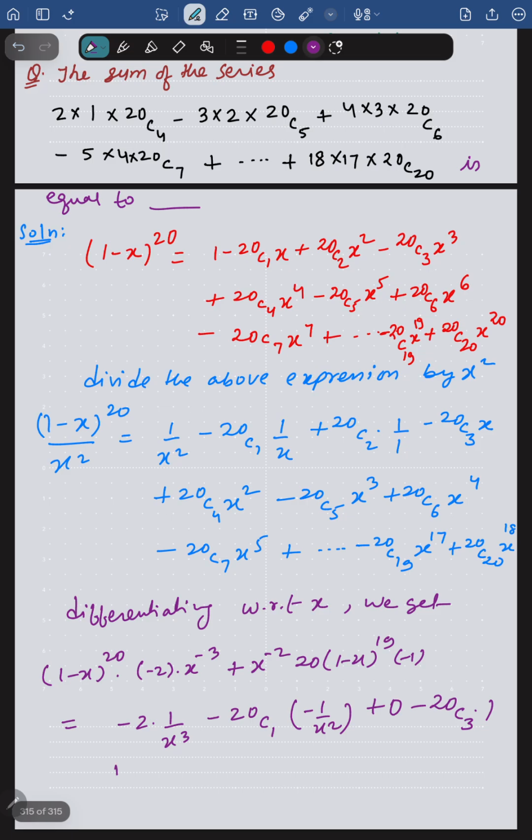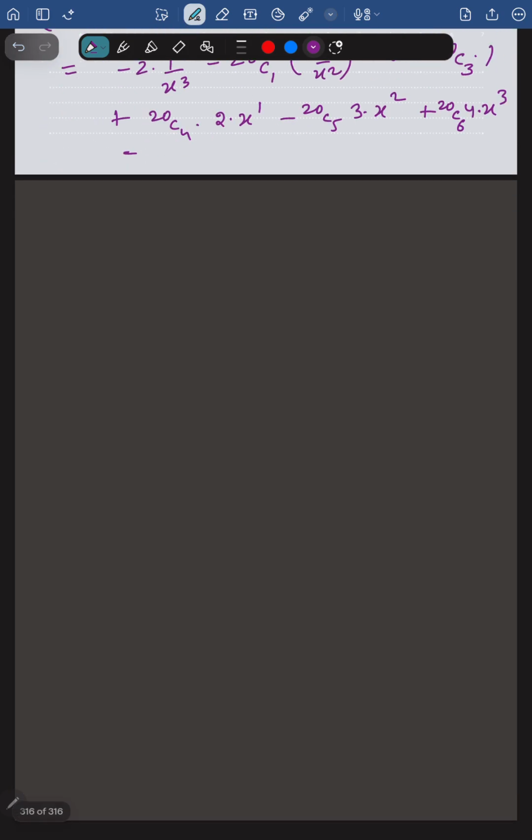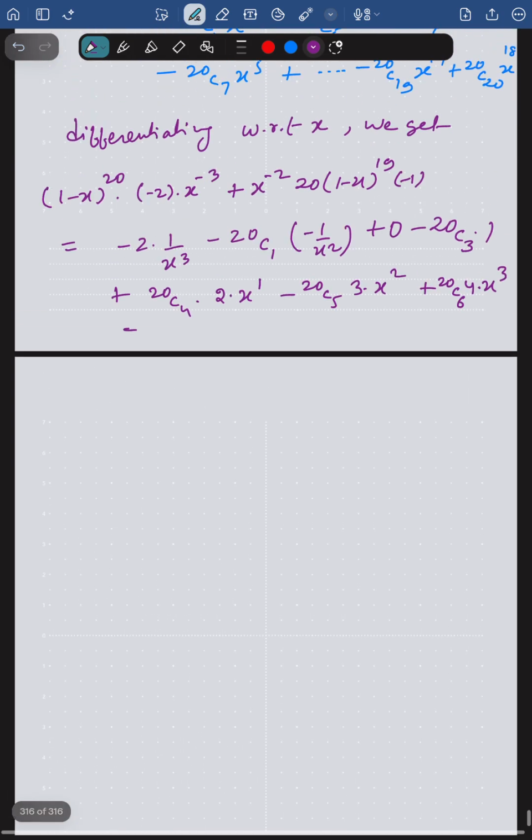Okay, next term plus 20c4 into 2 into x power 1, minus 20c5 into 3 into x power 2, plus 20c6 into 4 into x power 3, minus 20c7 into 5 into x power 4,